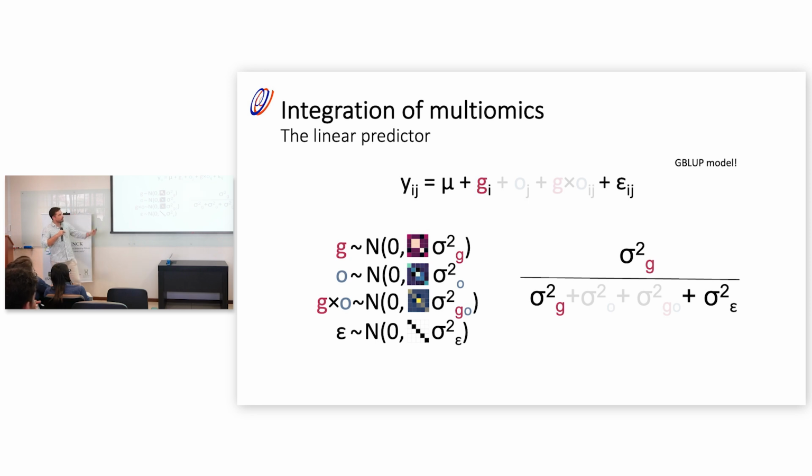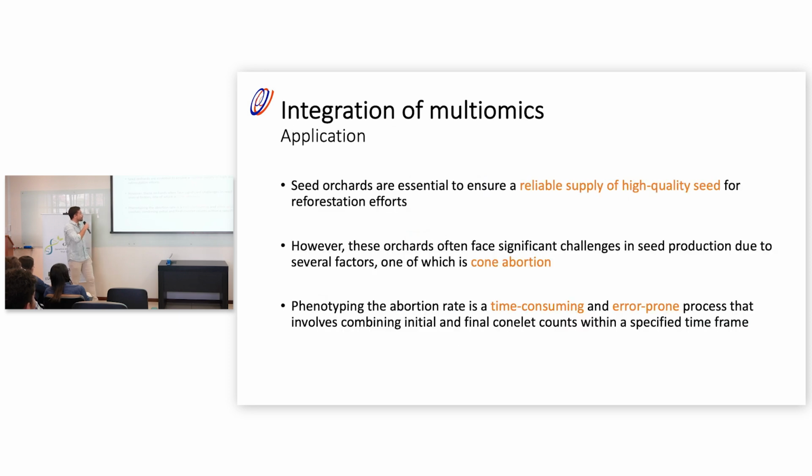So if we remove the omic and we keep just the genotype, we have the GBLUP model. And this ratio between variance components is just the heritability. Genetic variance divided by the sum of genetic plus the residual. So basically, if we remove from the numerator the G and we put the O, we get the pseudo heritability of that specific omic for that specific trait. Okay, enough math. So now we are going to apply this to a Pine Loblolly tree problem.